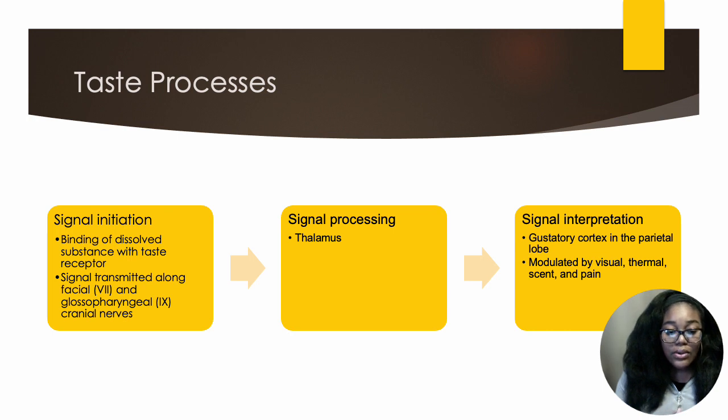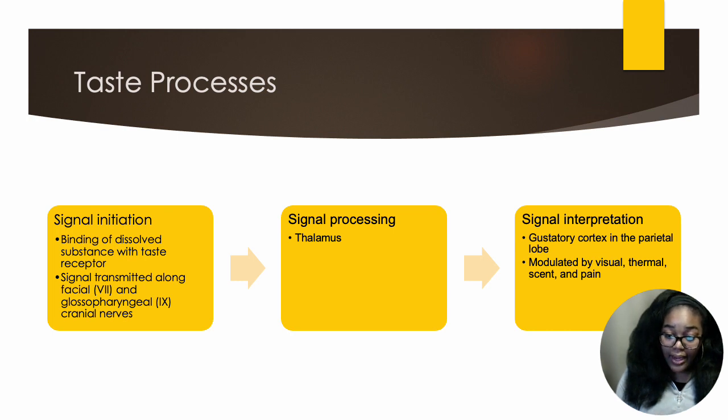And that signal transmits to the thalamus. Your thalamus has a lot to do with your sensory perception. We see that with our hearing, and we see that with our pain, and now we're seeing that with taste. Once it hits the thalamus, it produces a signal interpretation, and it goes specifically to the